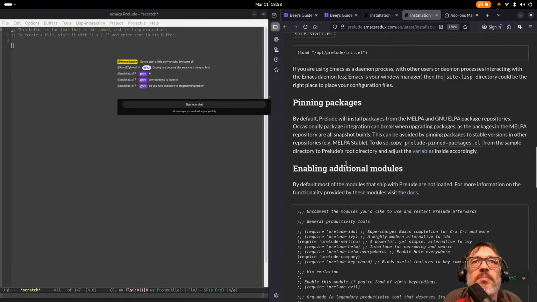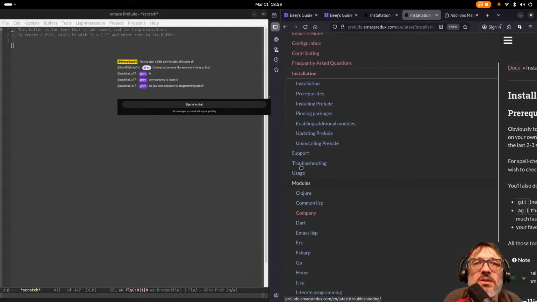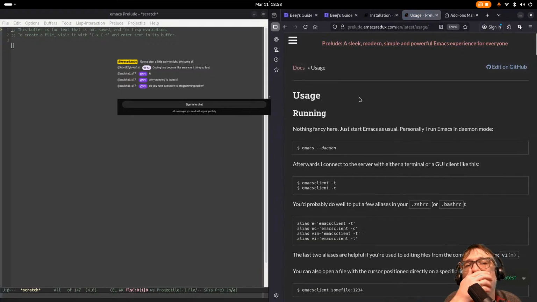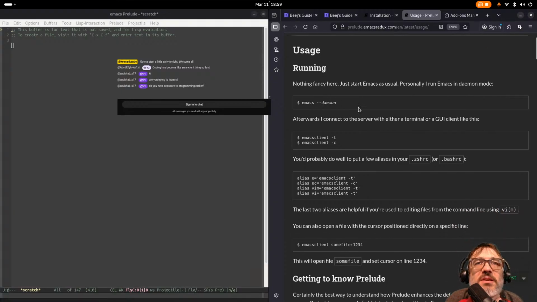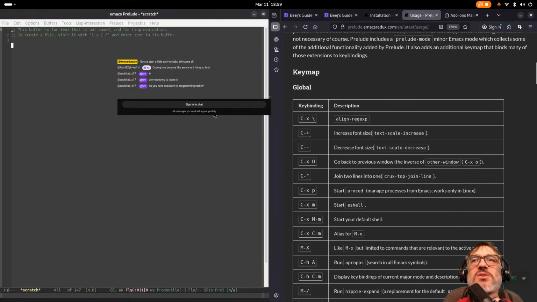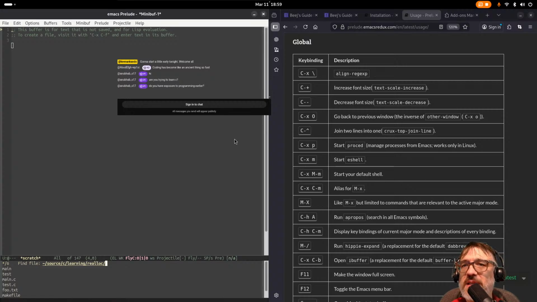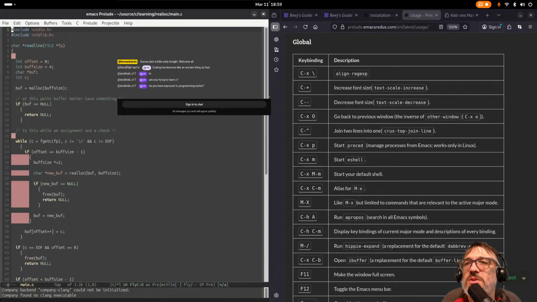So let's go back up to the table of contents. Installation, installing, pinning, enabling, updating, troubleshooting, usage. There we go. Nothing fancy here, just start Emacs. Personally, I run it in daemon mode. Afterwards, I connect. Getting to know Prelude. So here's all the Prelude kind of thing. So let's open back up that C file that I was working on, the main.c. Okay, so